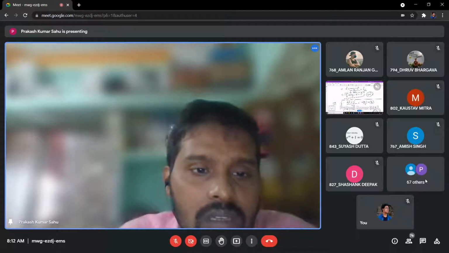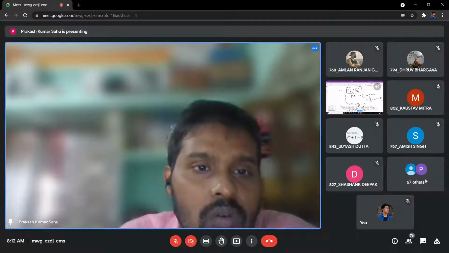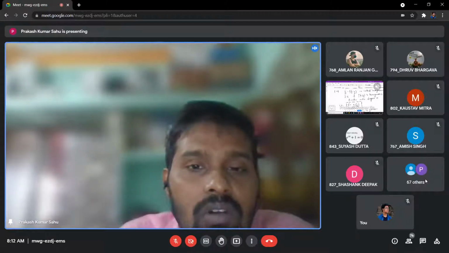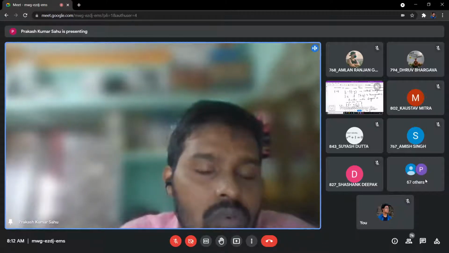And in the homogeneous case, also two types are there. You see, in the homogeneous case, if the differential equation has the form y dash is equal to g of y by x, or you can say y dash is equal to f of x,y is a homogeneous differential equation where this f of x,y is homogeneous with degree 0. If f of x,y is homogeneous with degree 0, then obviously this f of x,y can be written as g of y by x.